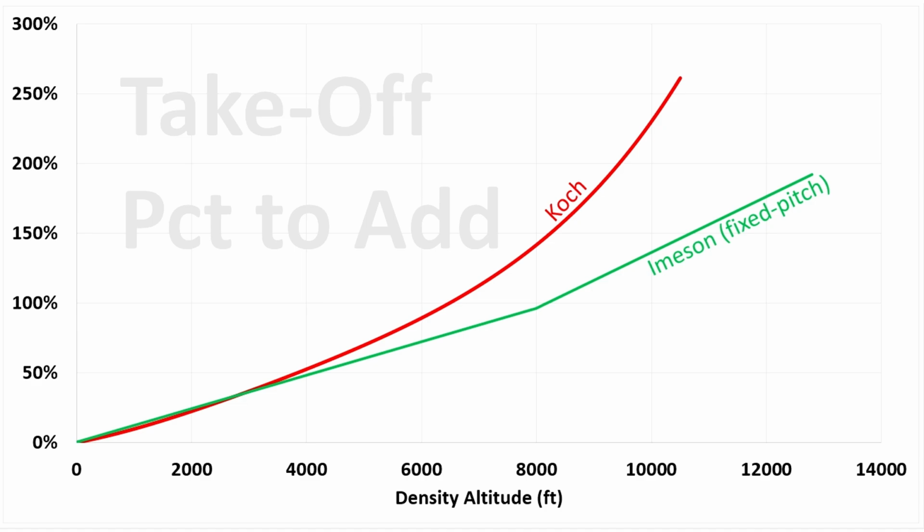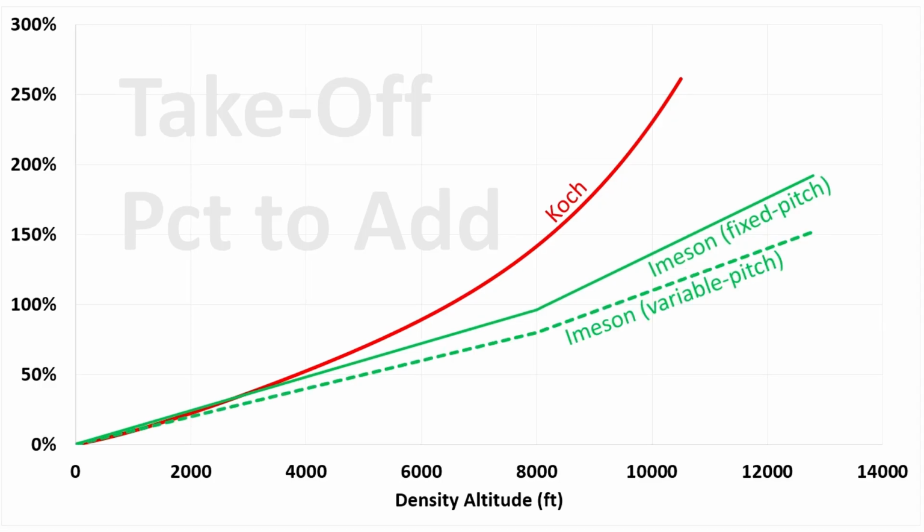You can see that it is slightly conservative up to about 3,000 feet compared to the Koch chart, but above 3,000 feet, the Koch curve imposes an increasingly higher takeoff distance penalty. For airplanes with a variable pitch propeller, Imeson says to add 10% to your takeoff roll for every 1,000 feet of density altitude up to 8,000 feet, then add 15% for every 1,000 feet above that. You can see that an aircraft with a variable pitch propeller or constant speed prop is penalized less than the fixed pitch propeller equipped aircraft. This is because the constant speed prop can adjust its pitch to take a bigger bite out of the less